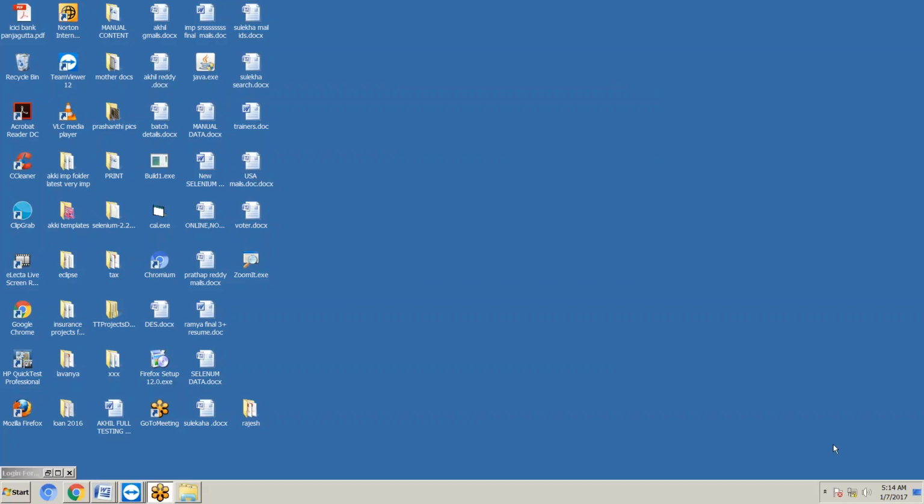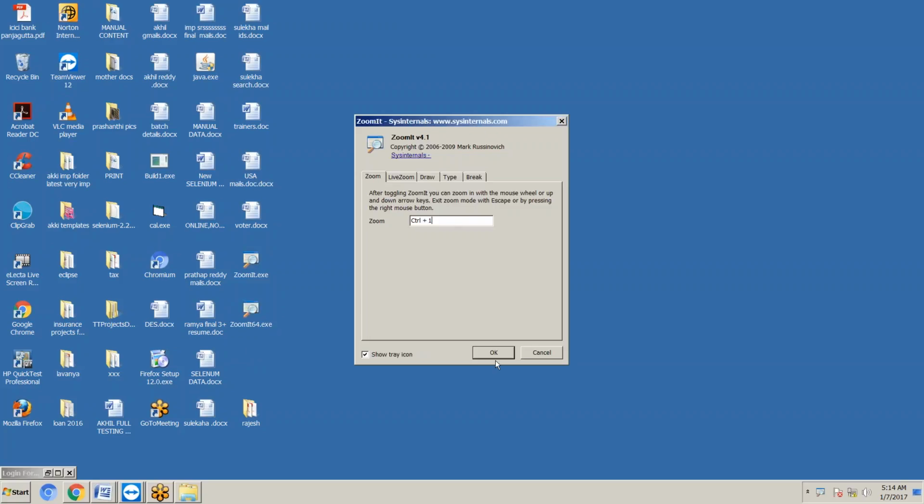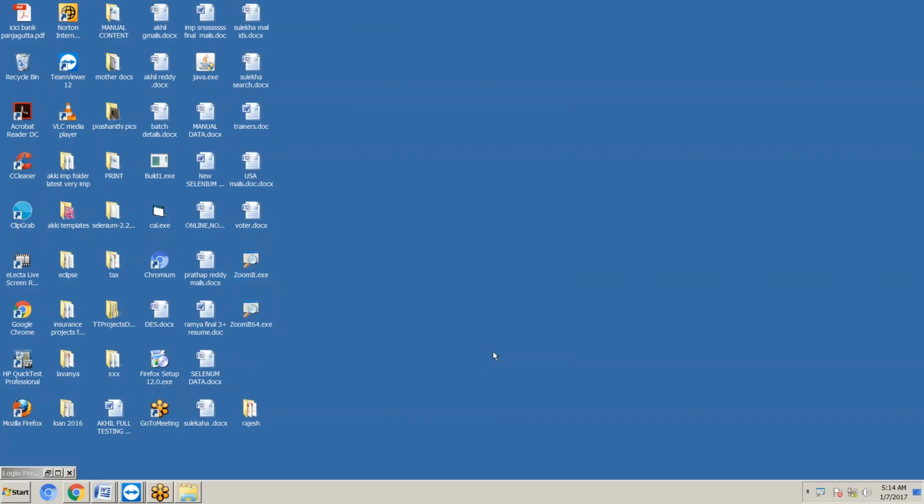Now, today's concept is quality center. Roughly, once again I will teach you quality center. Very, very important concept. If you know manual testing with quality center, you can work with any software company without knowing Java, Selenium, or QTP. Nearly 70 to 80% of companies are giving jobs if you know manual testing and quality center. So without knowing Selenium also they are giving jobs. So it is very, very important.